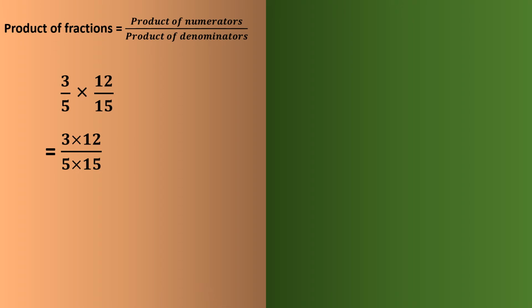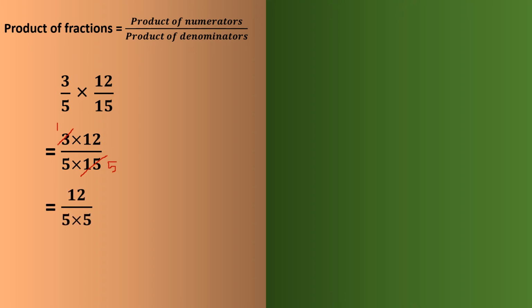Or we can do one more thing that I am going to explain to you, that is we can cut here also. Like this, we know that 3 and 15 both have common factor 3. So 3 ones are 3 and 3 fives are 15. We can do like this also. Now it is more simplified.